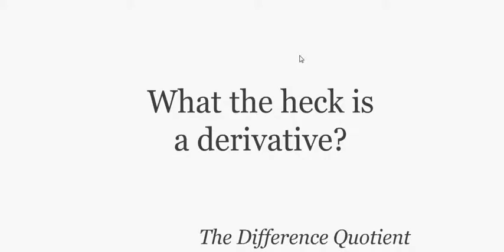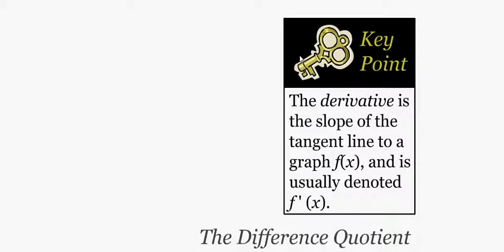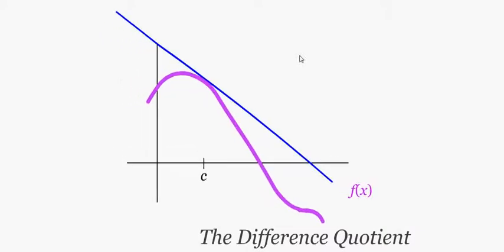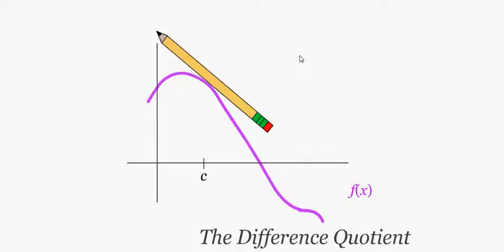Before we get started, we need to answer one question. What is a derivative? Well, in calculus, the derivative is the slope of the tangent line to a graph. For instance, here's a graph, f of x, the point c that I've noted. The tangent to f at x equals c would look like this. In essence, the tangent line is just a line that touches the graph once at that point, sort of like